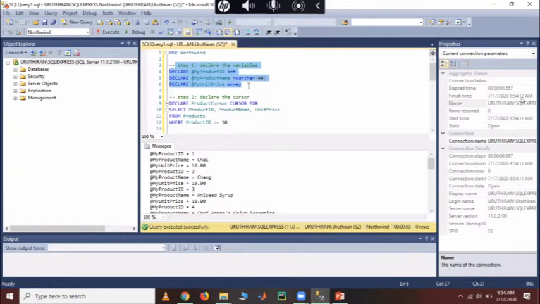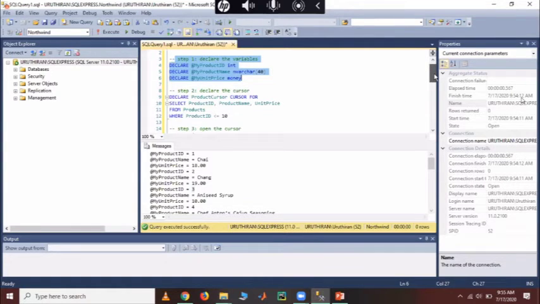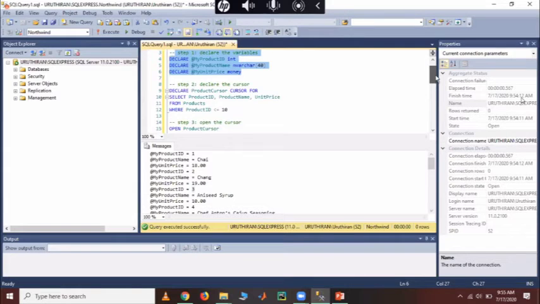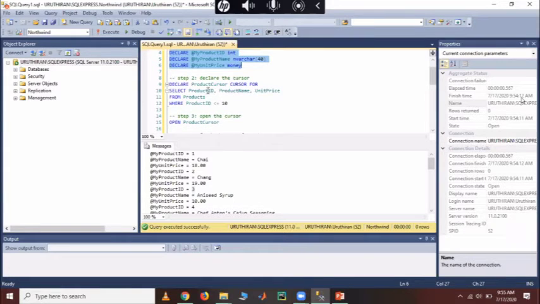That number of variables you declare here. If you want to retrieve 5 attributes, then you declare 5 variables. After that, you declare the cursor with the select statement, which records you want to retrieve, and where they are retrieved from. Then open that cursor.